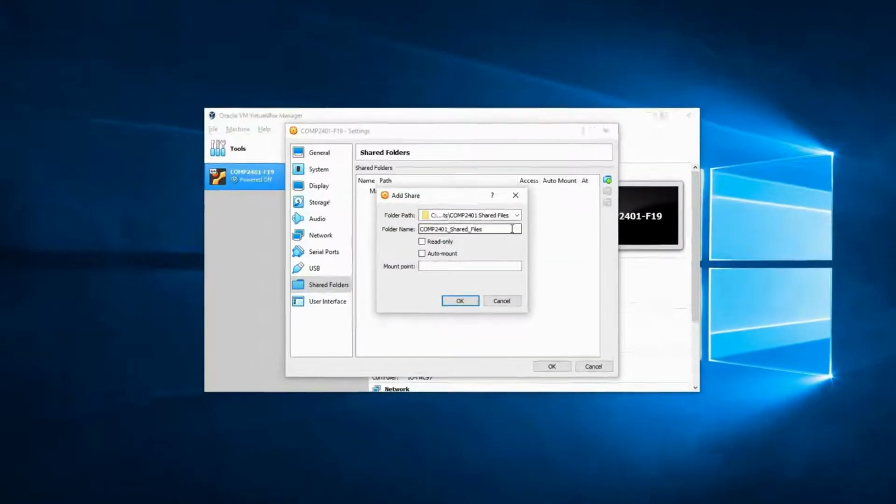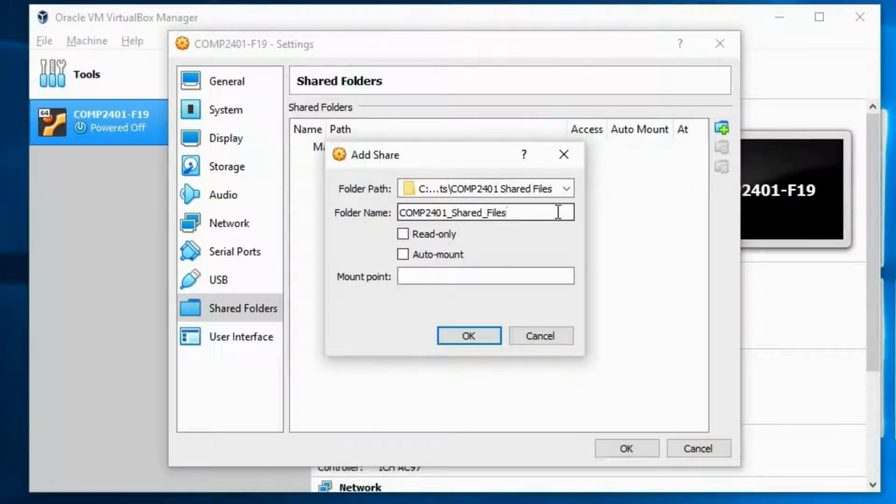The folder name can be whatever you want. This is what the folder is going to show up as on your guest machine. In my case, I'm just going to leave it as the same name as the Windows PC side. The read-only option is here if you don't want the guest machine to affect the files on the host machine. In this case, I'm going to be working with those files on the guest machine, so I'm not going to